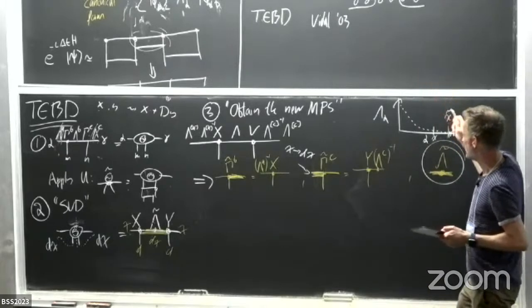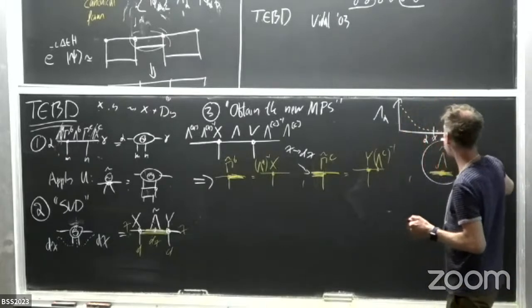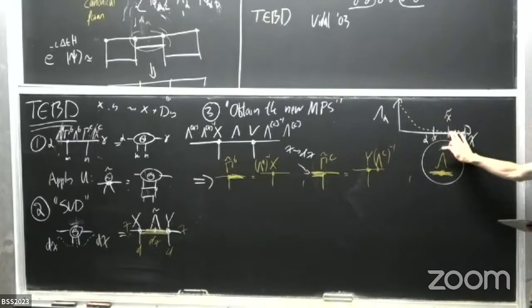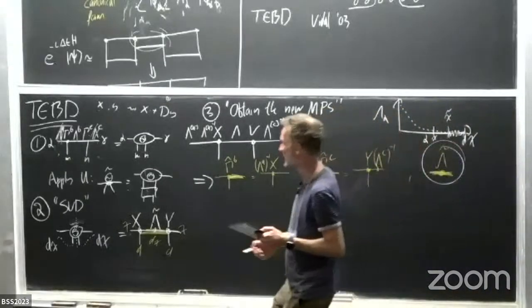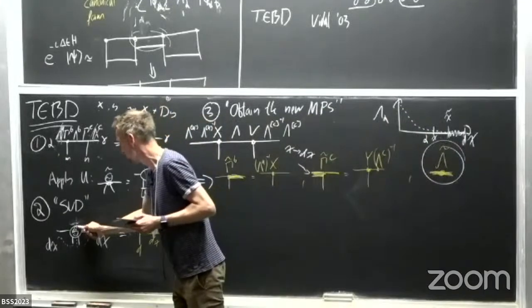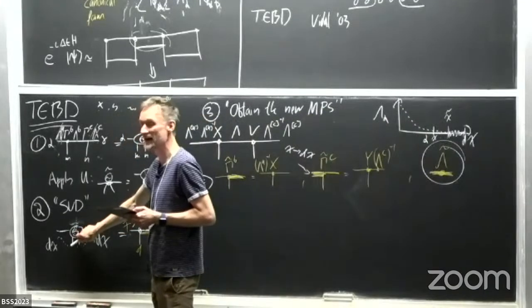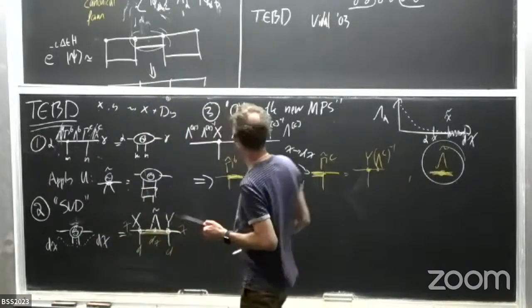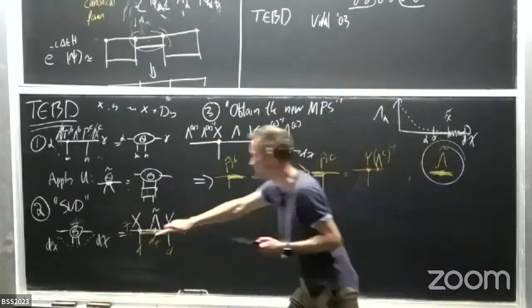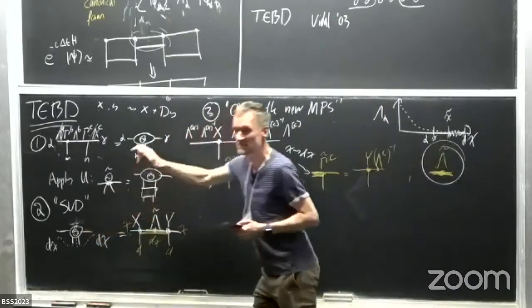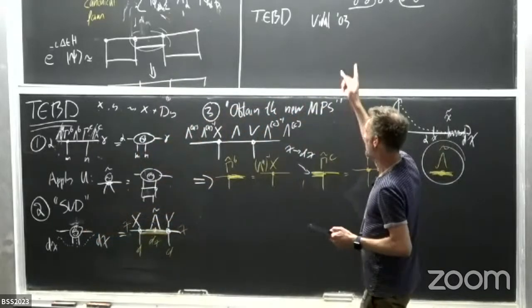So if we then throw away the small Schmidt values, it would be the optimal choice for truncating with respect to this coefficient matrix theta tilde, but that might not be the optimal choice for the actual wave function. So it would be locally optimal for this theta tilde, but not for our wave function,